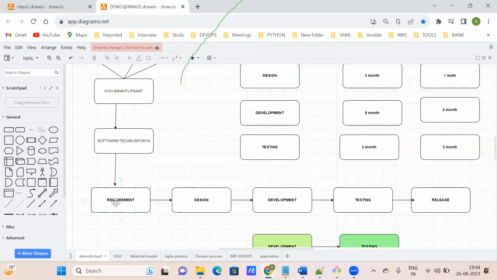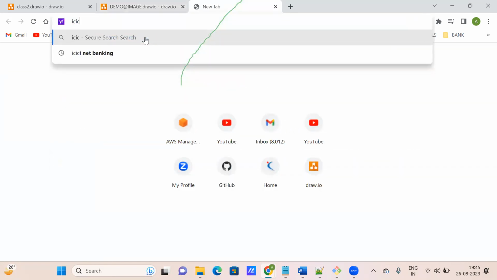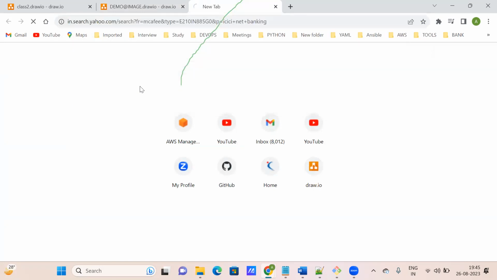Okay. So requirement means what actually? ICICI Bank requirement, any requirement. We gather the requirement, meaning high level requirement and low level requirement. Let's say ICICI Bank, any high level requirement, anyone? Okay, so let's say we open ICICI Bank internet banking.